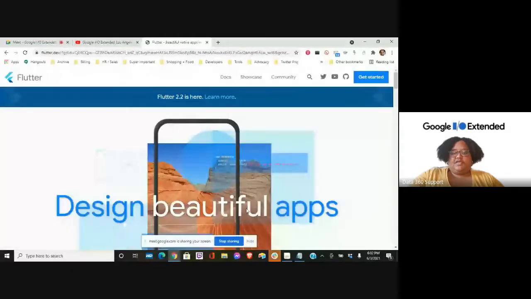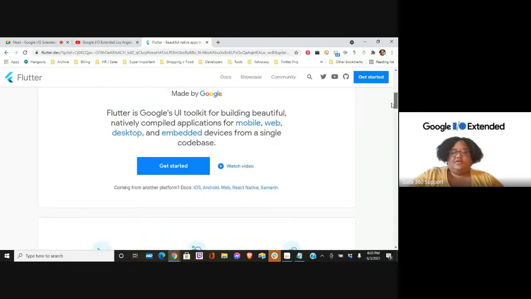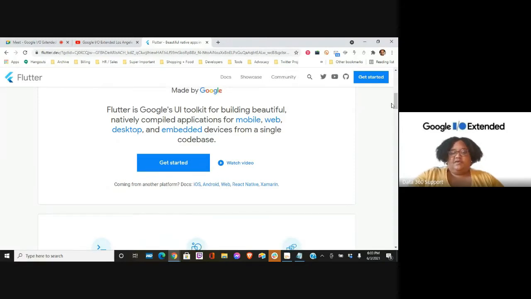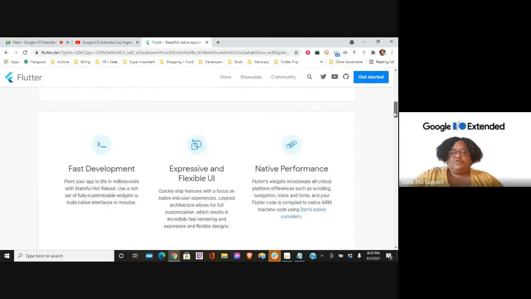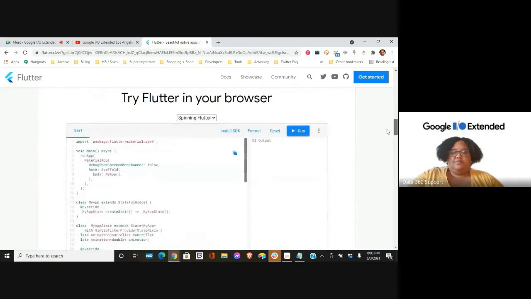And the greatest thing about Flutter is there are tons of new features coming every single day. Tons and tons and tons. So Flutter is its own ecosystem where you can design apps from a single code base. You can design mobile, web, desktop, embedded apps, all from one thing. So it doesn't matter whether you're building iOS, Android, web, React Native, or other platforms in order to put together your app platform. So we'll talk quite a bit about Flutter in App Camp